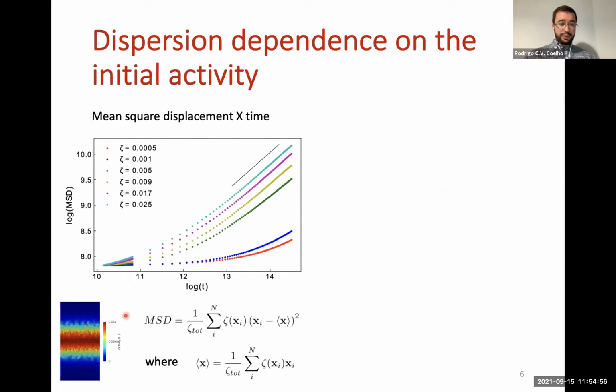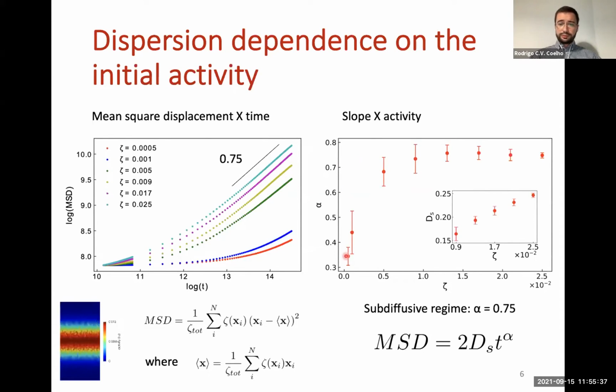We can measure the mean square displacement of this activity field, the field zeta, using the second moment of this field. And if you plot the logarithm of this mean square displacement as a function of the logarithm of time, we observe that it evolves according to a power law after a transient regime, which is subdiffusive. So we can measure the slope of these curves, which are for different activities, and plot the slope against the